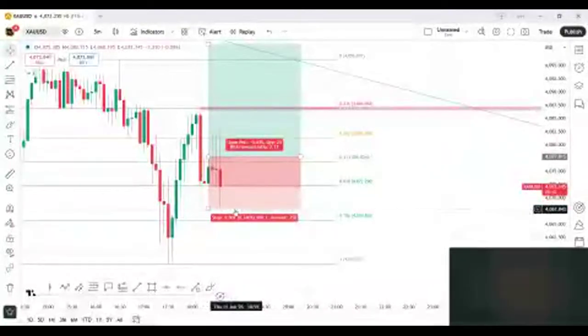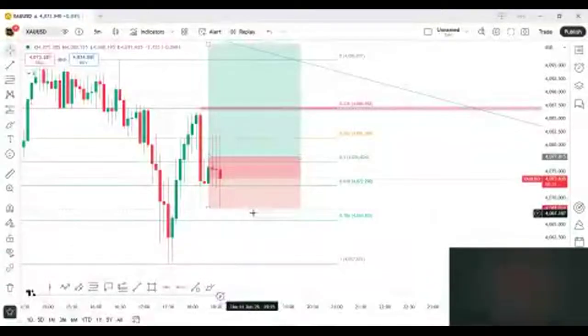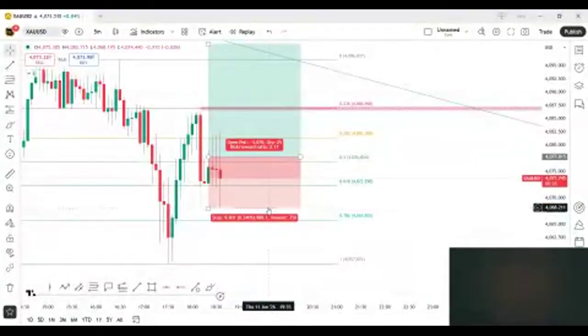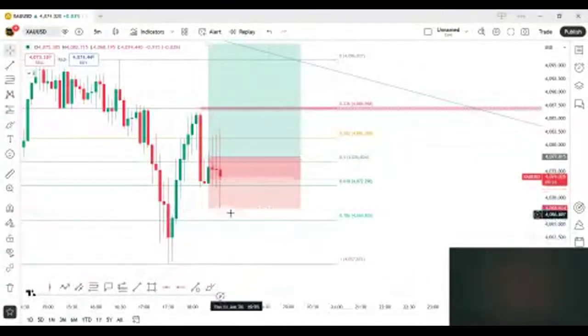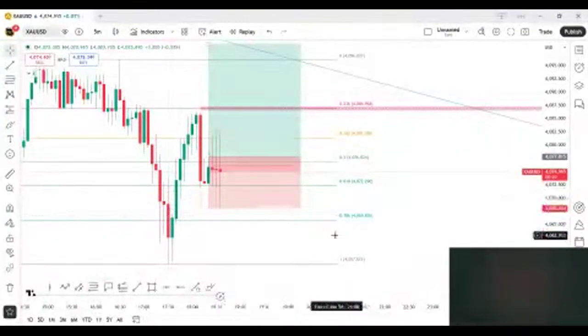4068 is our stop loss, so you always have to use 5 pips or that type of buffer. In our VIP I have given the stop loss at 4068. The market low was approximately 4068.20, so that's why I've given you this area as the stop loss. The reason was this fair value gap as well. If you look here, the fair value gap.